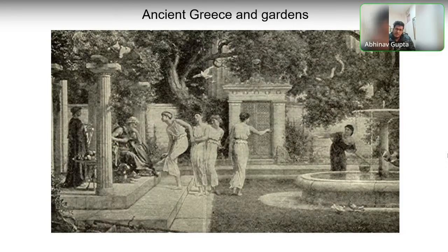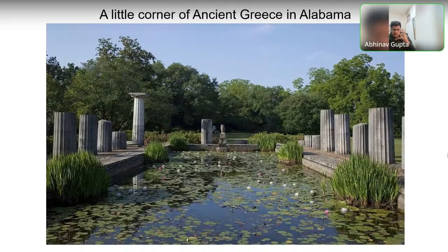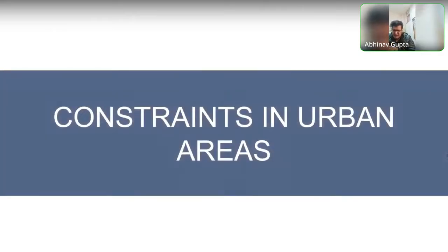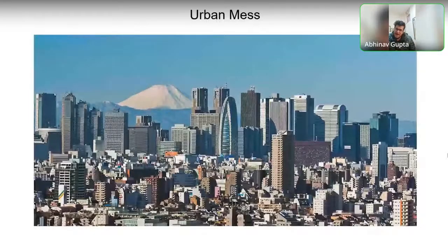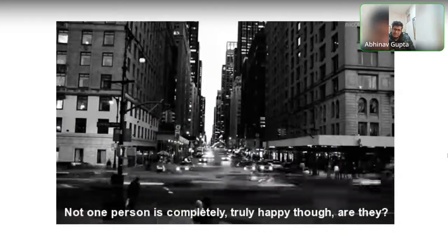It's an endless thing, but as we move forward into the urban areas, a major concern that we feel is that there is not much. In the earlier times, there was the privilege of having a lot of free space and a lot of greenery, and being able to make those water bodies, etc. But in the urban context, when we look at a place like Chandni Chowk or any urban area that is densely packed with buildings, there's not much scope of having the luxury of space and planting big gardens and having lakes, etc.